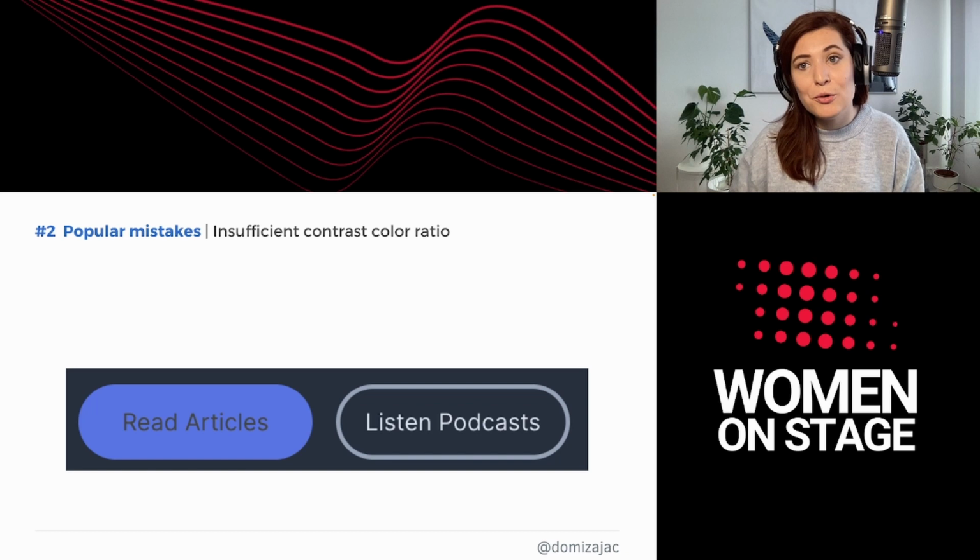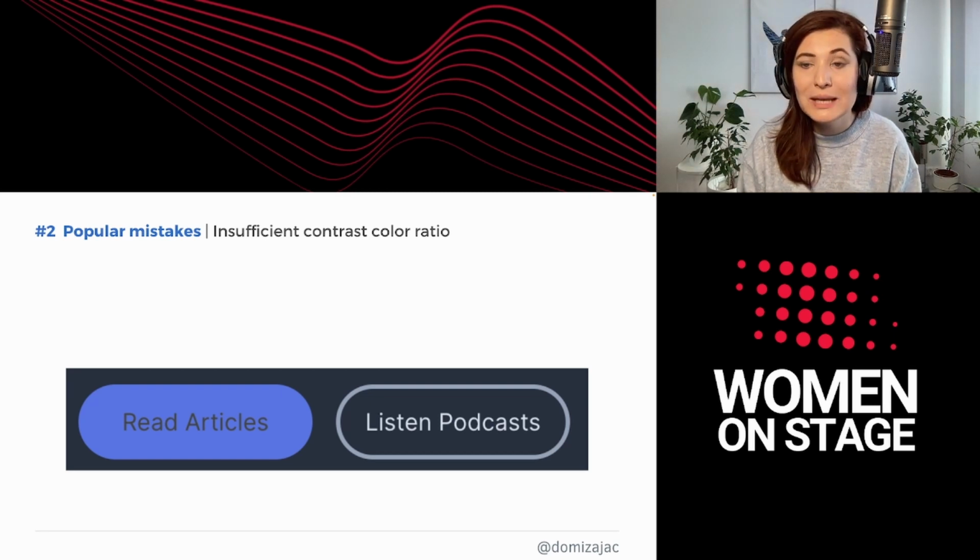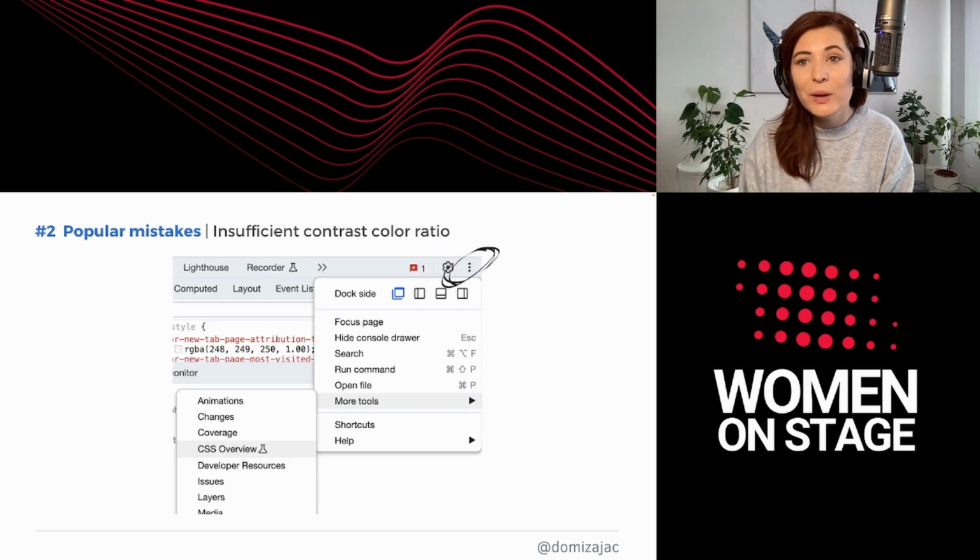Next problem, very popular on our web pages, is insufficient color contrast ratio. As you can see, the button on the left side, this read articles button, is difficult to read because the contrast between the color used for text and the background is too low. We can easily find all problems like that, again, using Chrome DevTools.